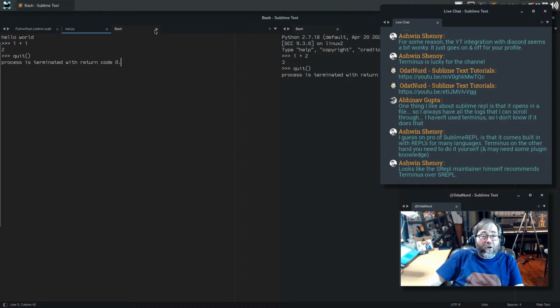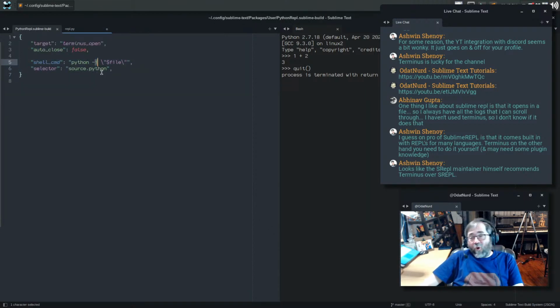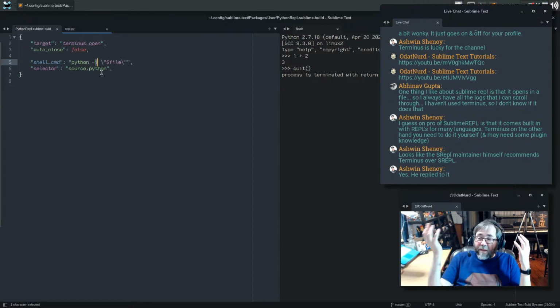It does require you to know that python -i is for going interactive with Python, or for R or whatnot. I happen to be of the opinion that if you're using a programming language, whatever it is, it's a good idea to understand the tools that you're using, which is one of the reasons why I'm not a super fan of all-encompassing IDEs for a beginner.